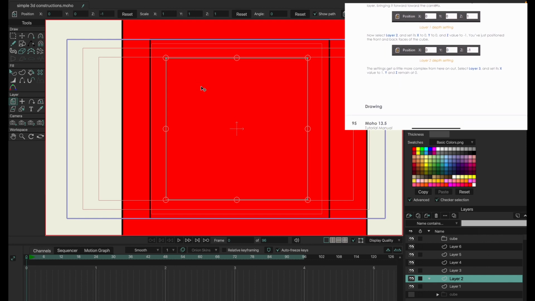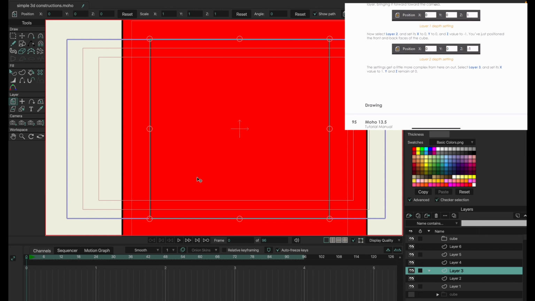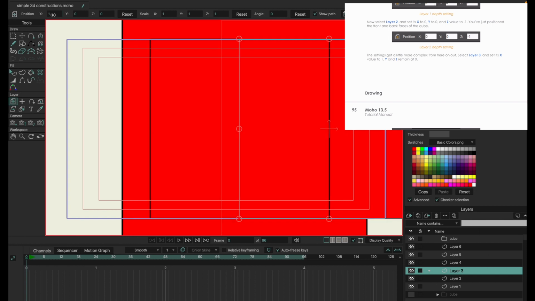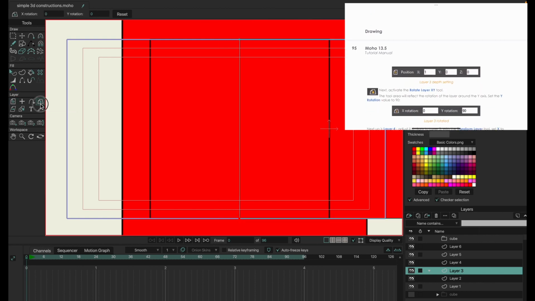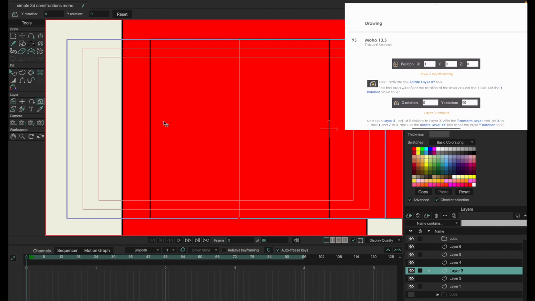Select layer 3, and set its X value at 1 and the rest remain 0. Then the new thing is we use the rotate layer XY tool, and it says use rotation